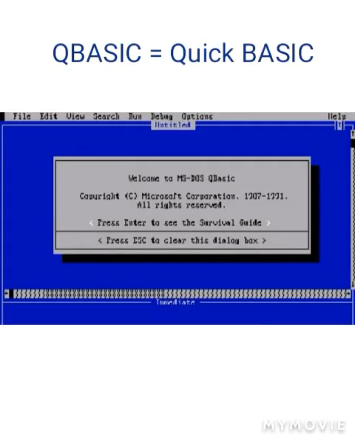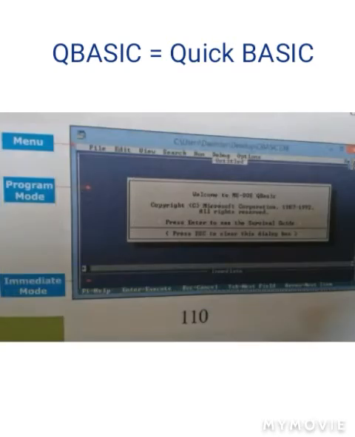Okay, in this chapter we are going to learn about QBasic, also known as Quick Basic. Quick Basic is a complete programming language that helps us to write, edit, execute and correct a program. To start QBasic, we just double click the QBasic exe file. When QBasic is loaded into the primary memory of the computer, the screen appears like this. The QBasic screen is also called the QBasic editor, where we can write, edit and execute the program.